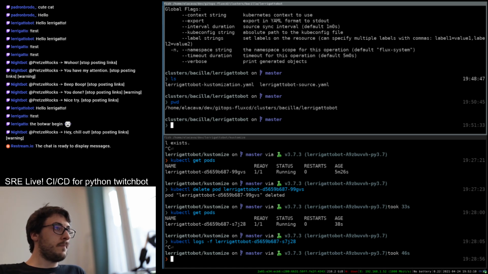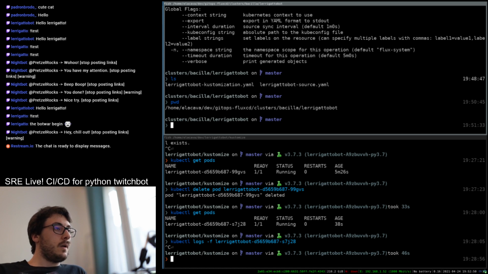Okay, we don't care. Reconciliation. Yeah, okay, whatever. Can use repositories with plain YAML. Yes, you can specify the path where the